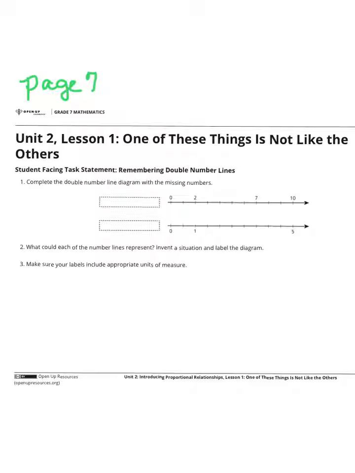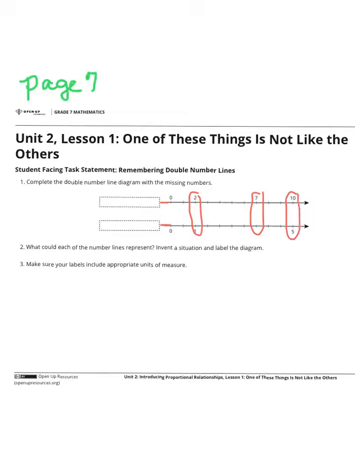Unit 2, Lesson 1 talks about a double number line. And this question is really just complete the double number line with the missing numbers, and what could each of the lines represent? I don't know if you've seen a double number line before, but we line up two number lines with different things in different places. So we have the first number line and the second number line, and those numbers that are on top of each other, they represent kind of like a scaled relationship